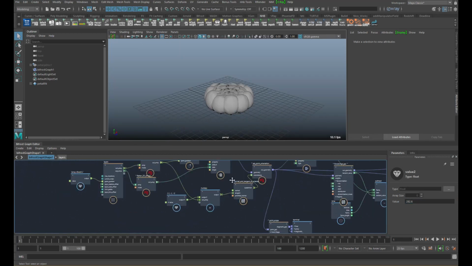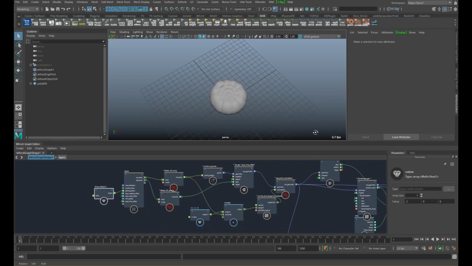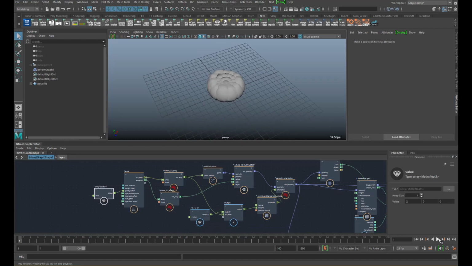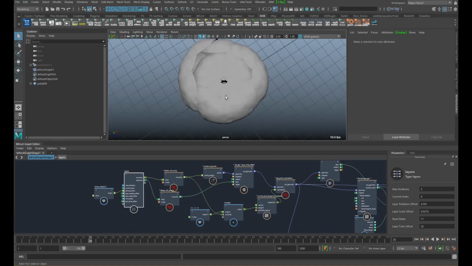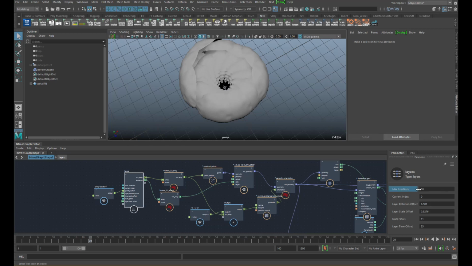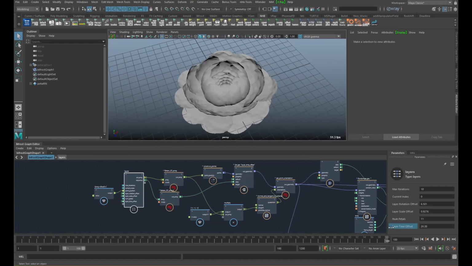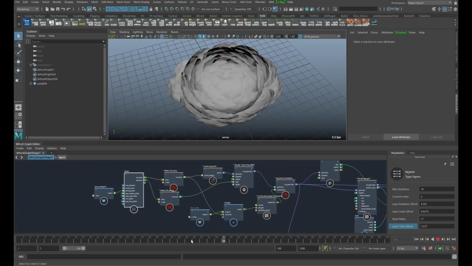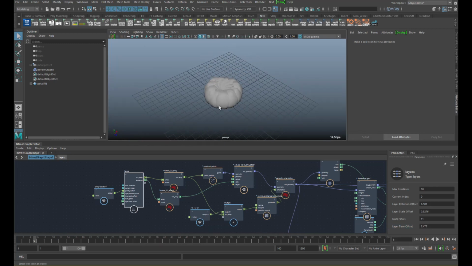And we could also tweak our initial setup a bit. Maybe like that. And yeah, that's our animation. You can add more layers to it. Maybe reduce the offset. And yeah, there we go. Have fun with it, guys.